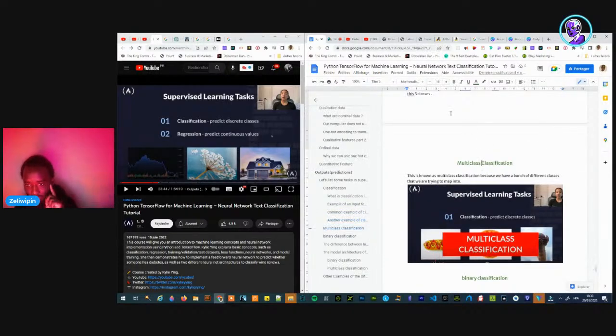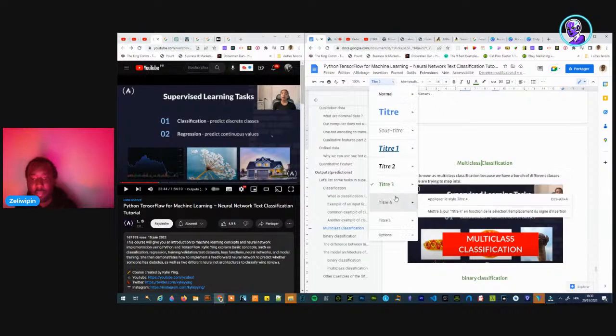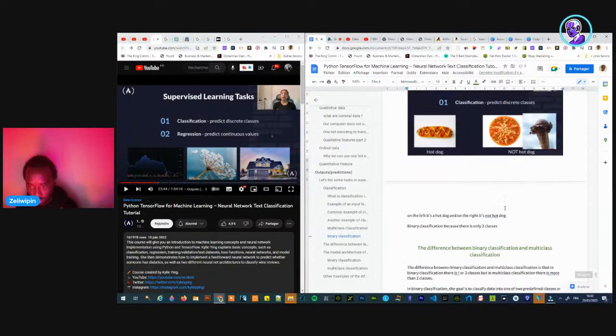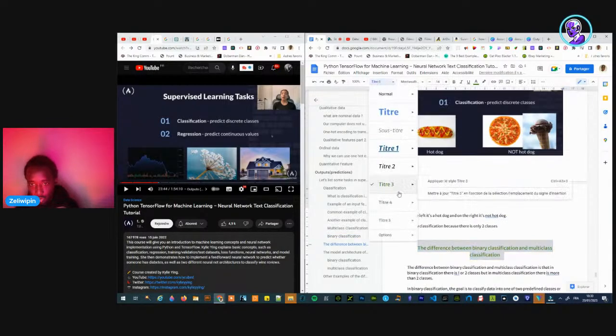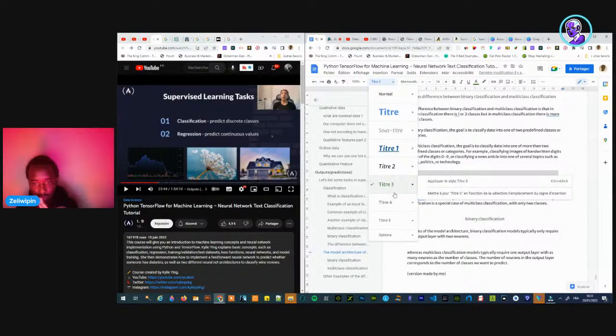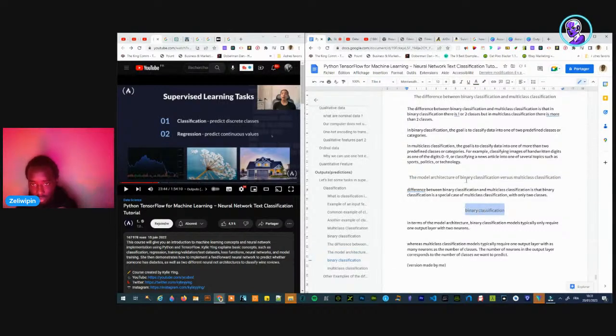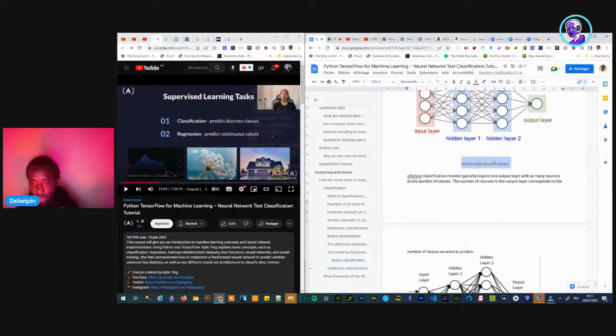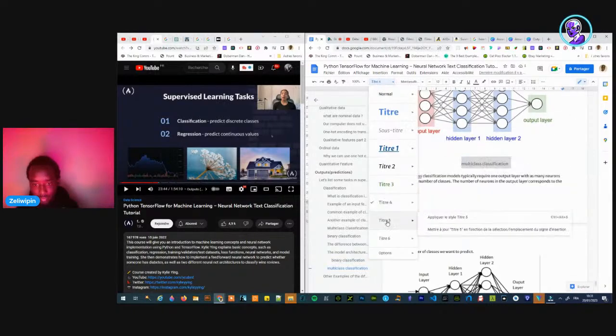Chat, what is the difference between classification and regression? Let's figure this out. If you don't know the topic of machine learning, I'm learning at the same rate as you, so we are both in this together. I don't know the difference between classification and regression as well. Oh, I might have an idea.